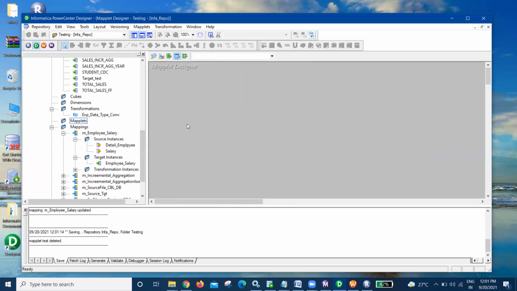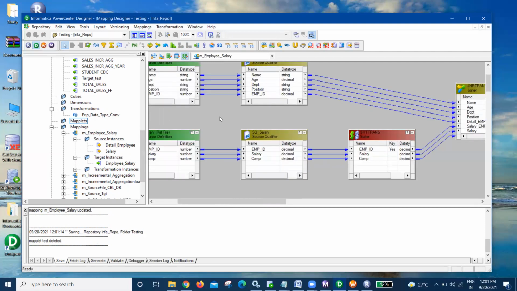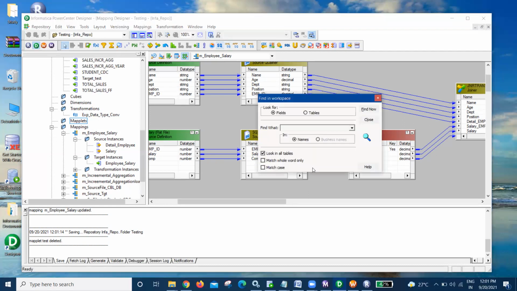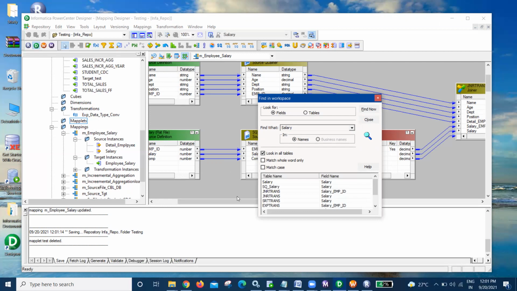And one more thing, let me show you. Suppose you want to find some particular field within the transformation, suppose this salary field. I don't want to know where it all is. You can go to this find option, select field and click on salary. It will give you a lot of options on the field name and the table name, that means the transformation name.